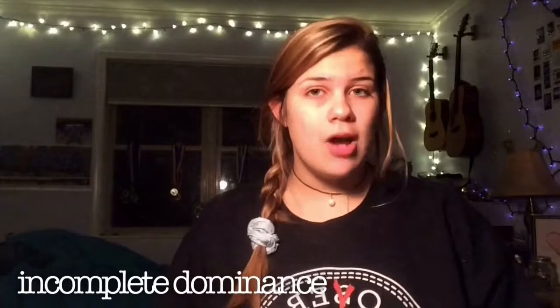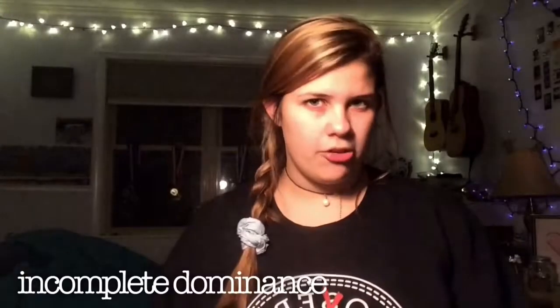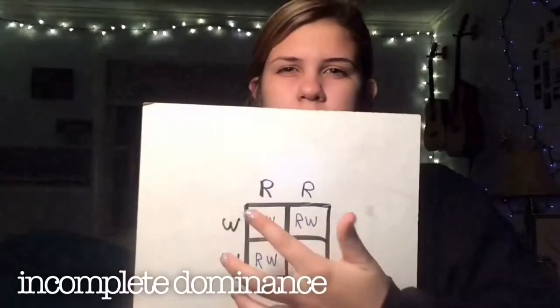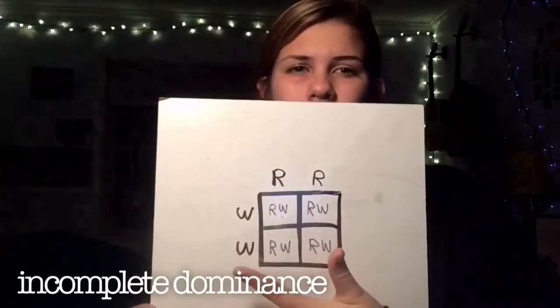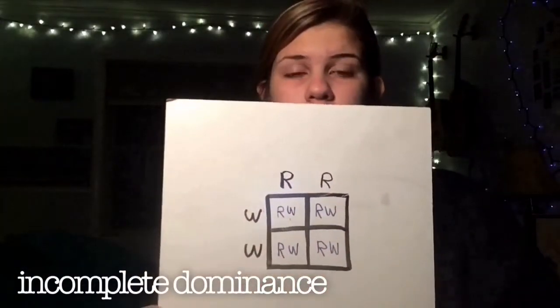Incomplete dominance can often be confused with codominance. The difference is that in incomplete dominance, one allele isn't fully expressed over the other allele, and they kind of mix together in a way. For clarification, we can make a Punnett square and use an example crossing red flowers and white flowers. For a cross between a red flower and a white flower, as you can see, the results will have one red allele,